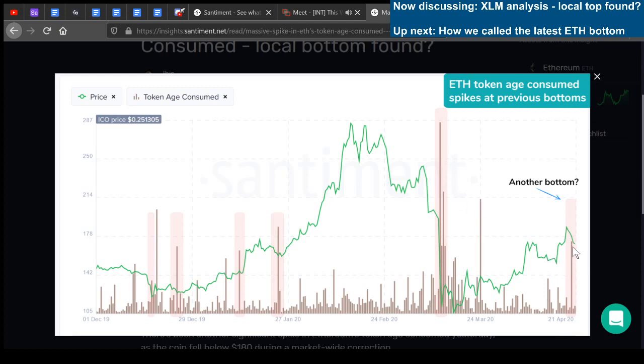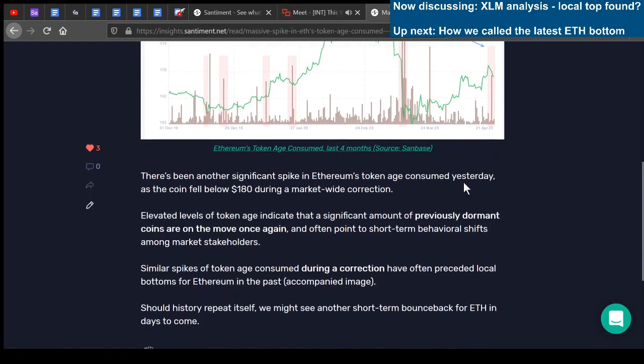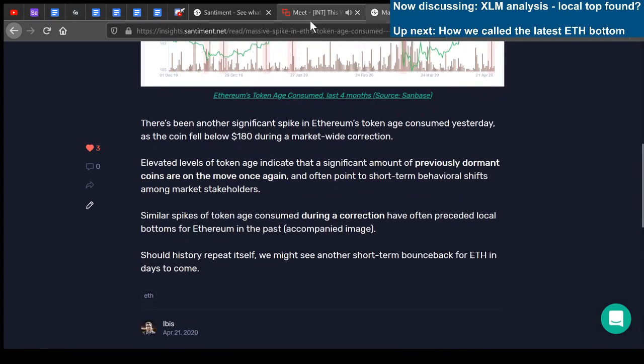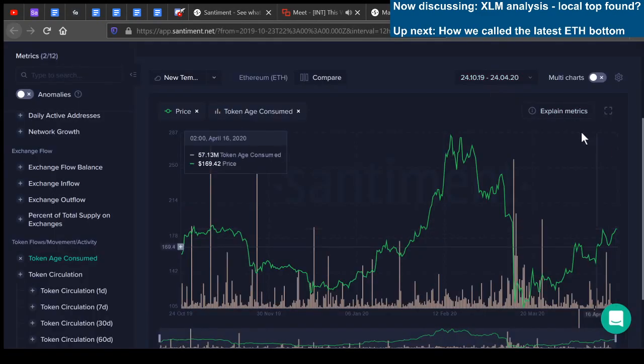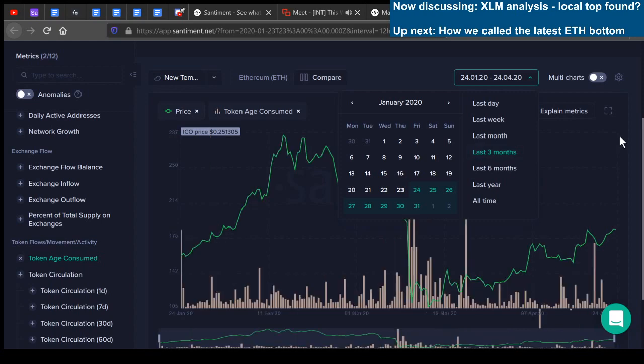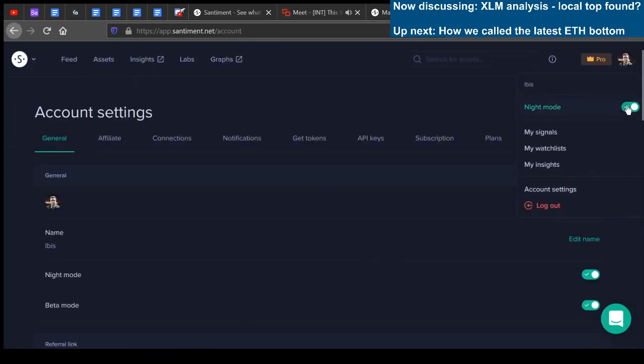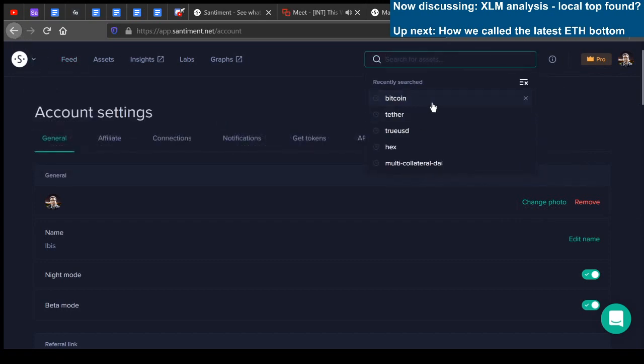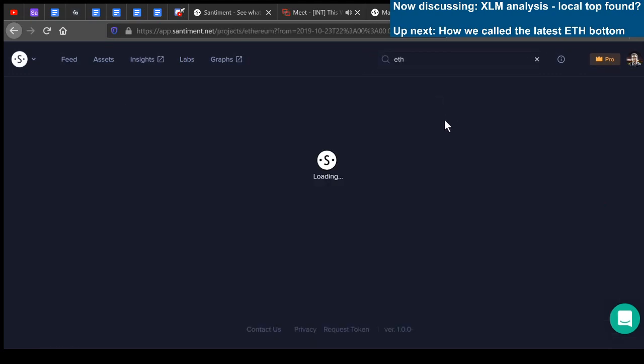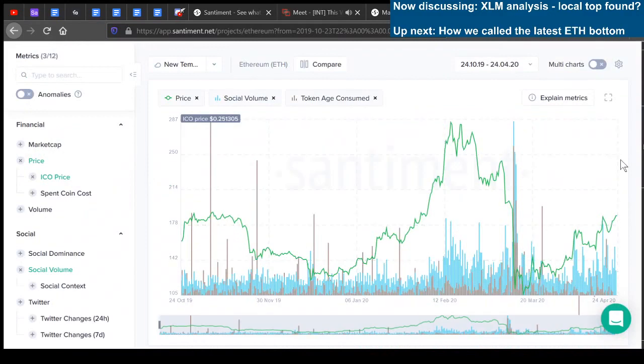And then, based on this and a number of other factors, we said that this might indicate a paradigm shift in the coin's price and maybe another bottom incoming. So, Brian, am I correct to say that a lot of people were hesitant about believing this at the time? Yeah, there was a bit of a polarized reaction because a lot of people thought that these kinds of spikes can indicate a price move in either direction, and it's not necessarily a bottom indicator, which they're correct about. But playing the odds, there's a good chance when we see these types of spikes that it's a foreshadowed